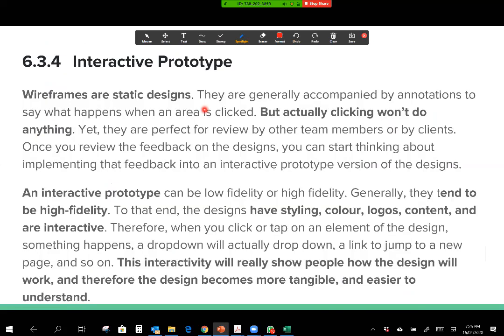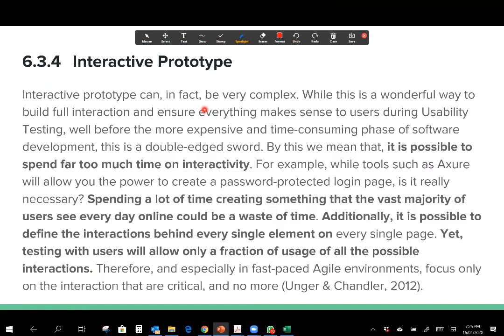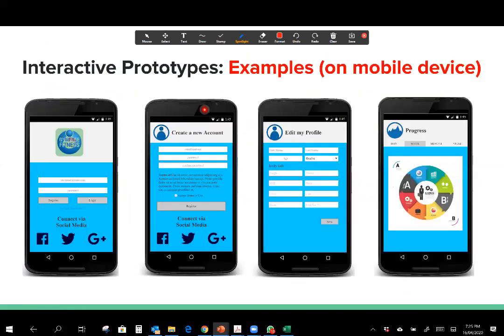And then the last step, as you get better and better, now you can add colors and stuff like that. And that is where the interactive prototype comes in. You can add colors, logos, etc. The interactive prototype looks like the actual thing, right? So the interactive prototype looks like an actual example. So take a look at these. These look like actual applications, but they're not. They're simply what you call an interactive prototype, which is still design, right?